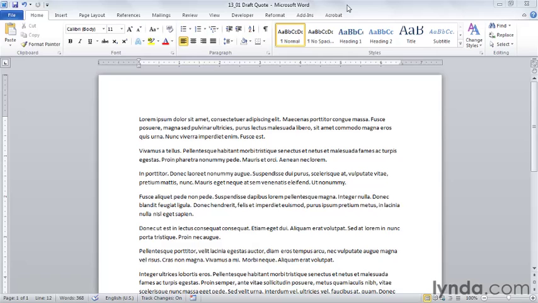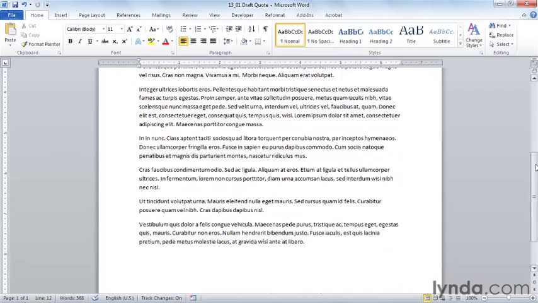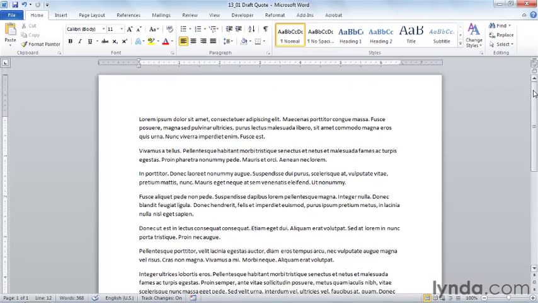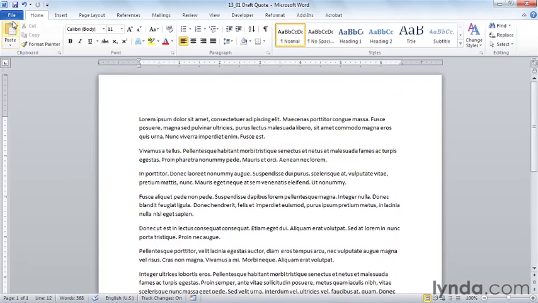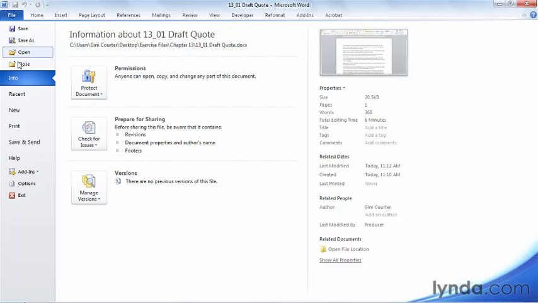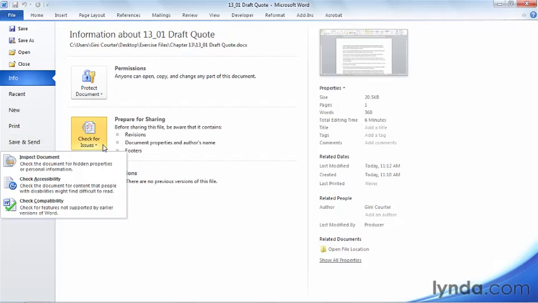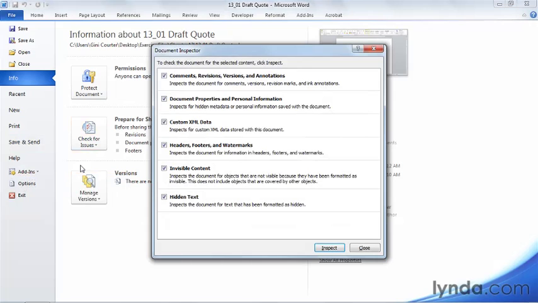For example, here's a document we've been working on that we're ready to send out for a client to look at. The document looks pretty good, but it has some elements that we might want to be concerned about. So I'm going to choose File to go backstage, and on the Info tab, check this document for issues. I'm going to choose Inspect Document to open the Document Inspector dialog box, and these are the 6